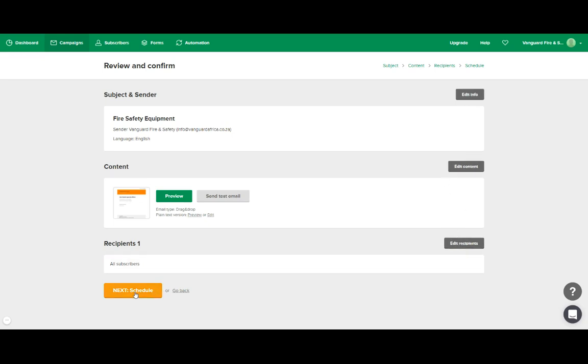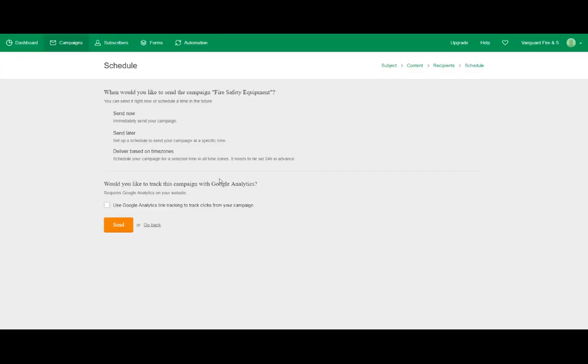So next is the schedule. So if I have decided that I want to send it tomorrow or next week, you can do that so that you can plan your email marketing content and schedule better, so that you also then have time to get staff approval and management approval, so that you don't have to last minute rush these things, because a last minute rushed email is easy to spot. So what I would recommend doing is doing this 1 to 2 weeks ahead of time, depending on your marketing cycle and your sales cycle,